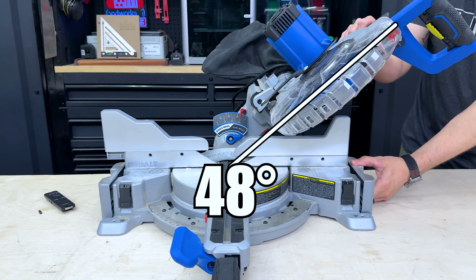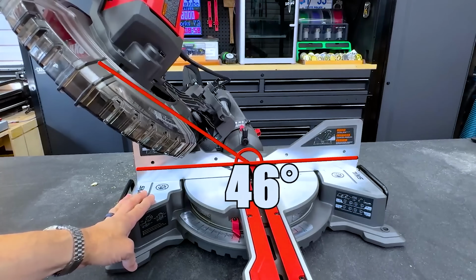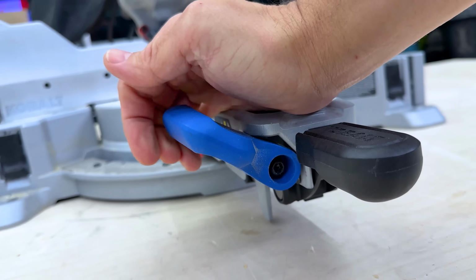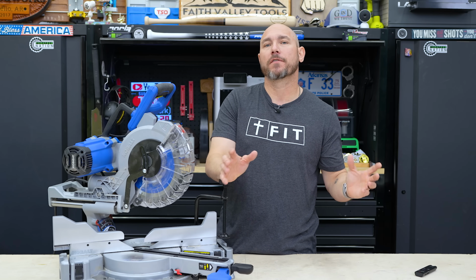Also, the bevel cutting, 48 degrees both ways. I think the SKIL goes 48 one way and then 45 or 46 the other way. So you are getting a little bit extra capacity both ways on this bevel cut, and the way you operate this bevel cut from the front is a lot more convenient versus the SKIL. Outside of those two, which could be big features for some people,